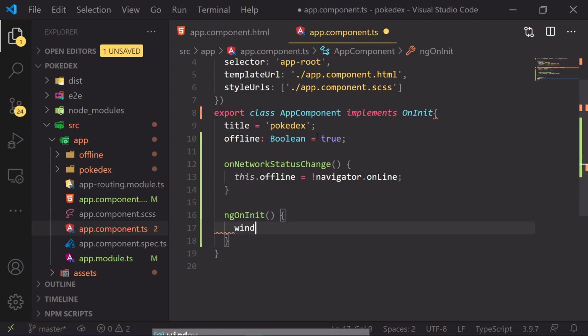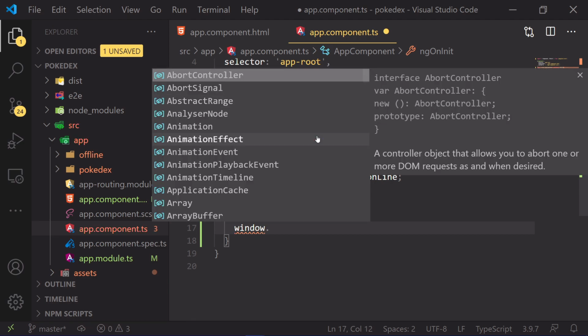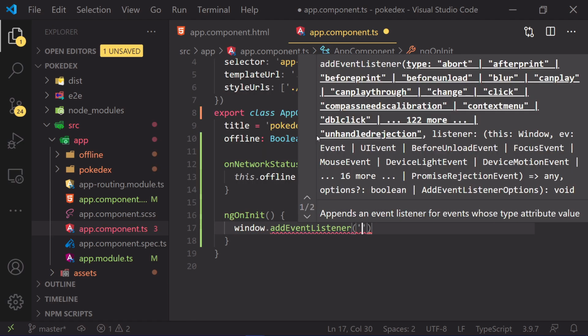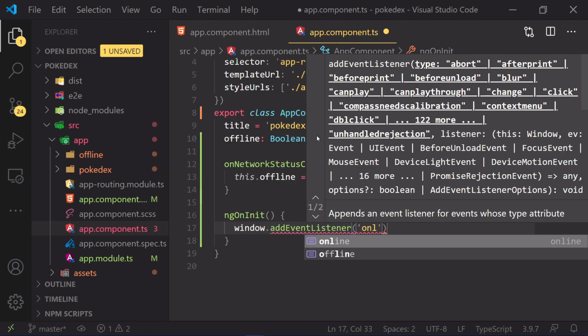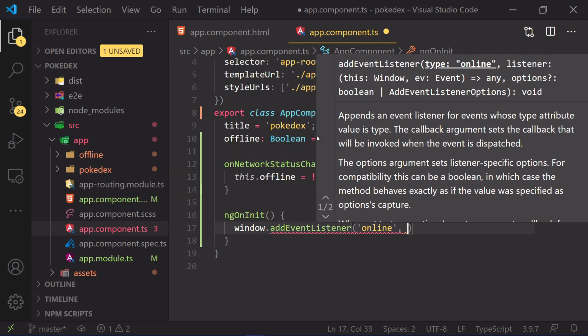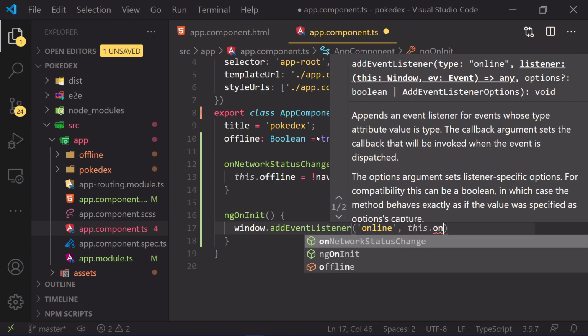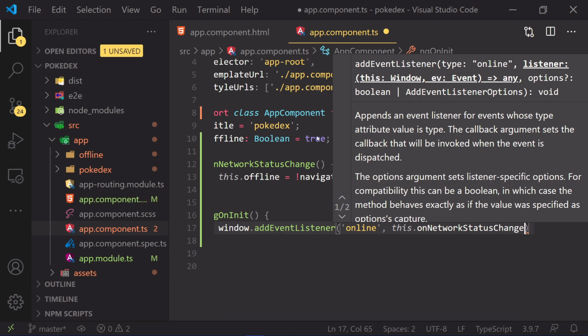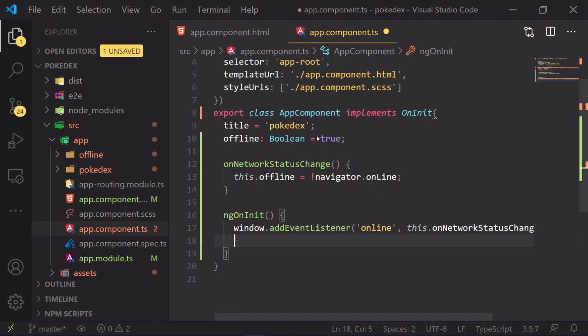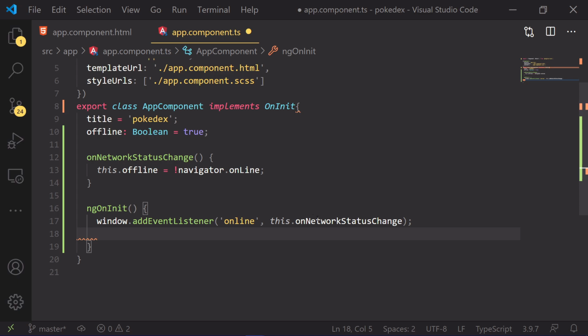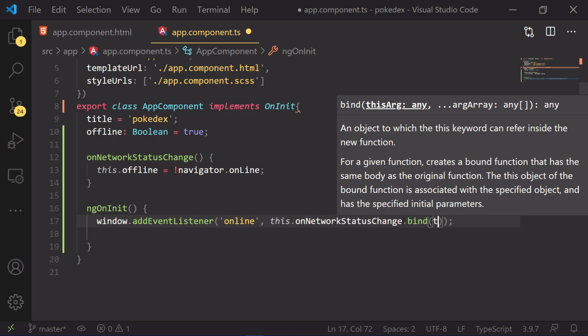We will write window.addEventListener, and whenever the event is online, we will update the status by calling this onNetworkStatusChange function. I'll close the tab. Whenever this event happens and there is an event trigger of online, we will call this onNetworkStatusChange function, and we need to bind that to the current instance.